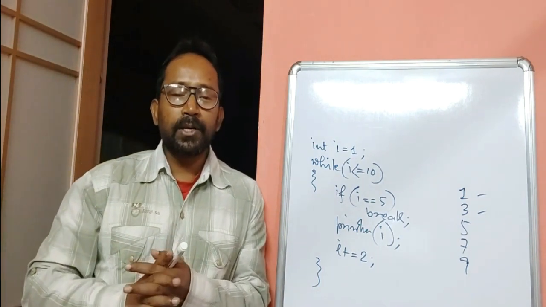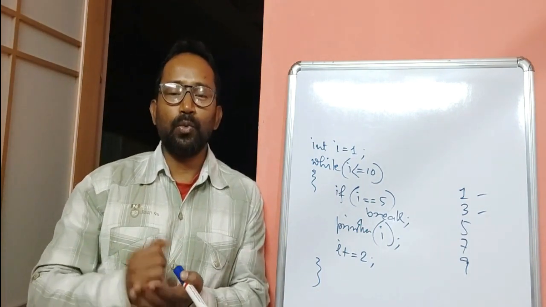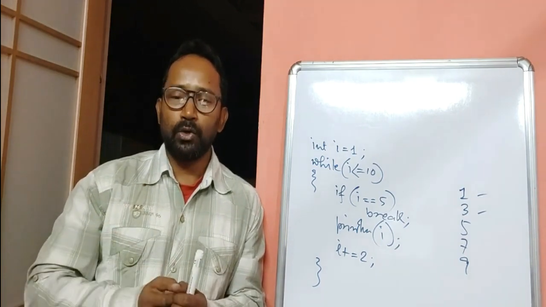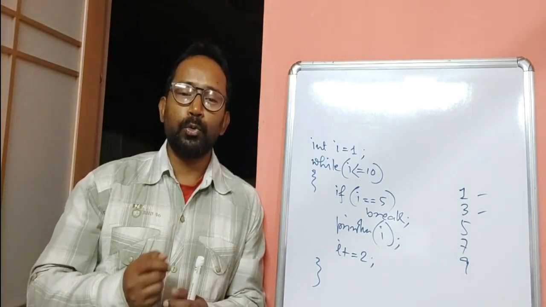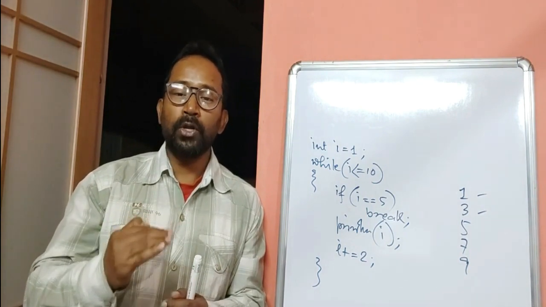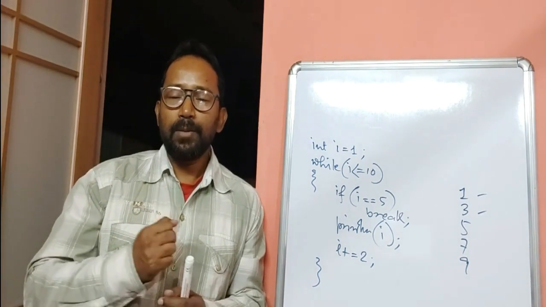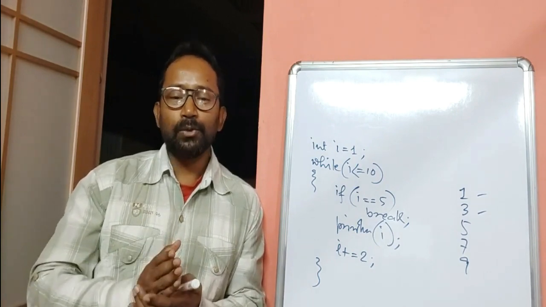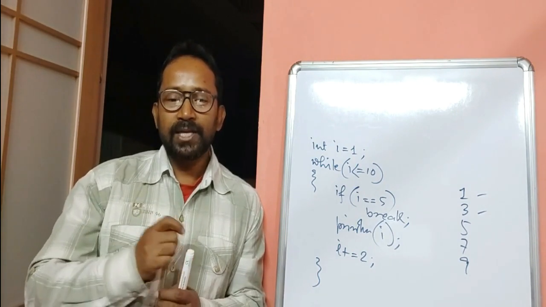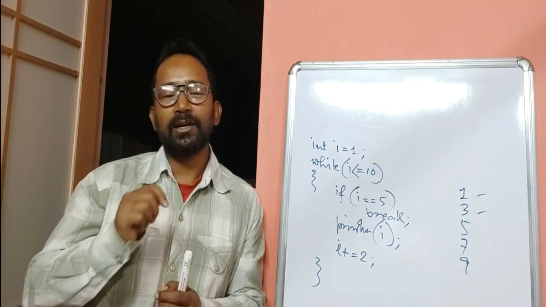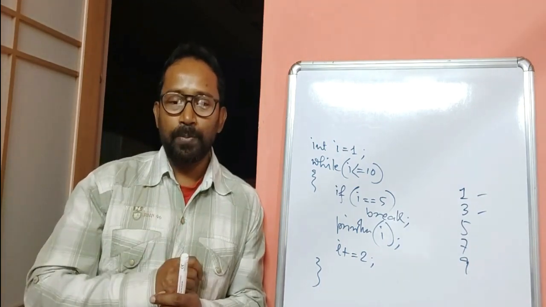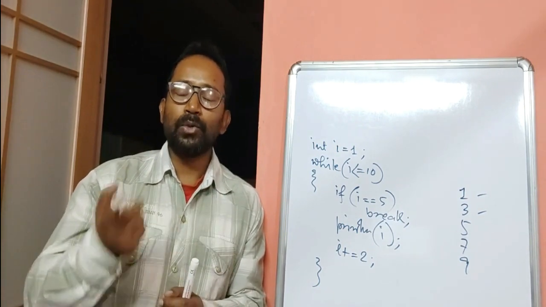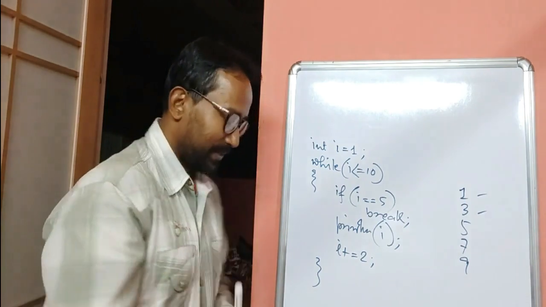So continue statement is a statement which can be used in a loop, not in switch. Continue statement is used to send the control to the beginning of the containing loop and forces the next iteration of the loop to take place, skipping any code following the continue statement in the loop body. It behaves differently in while, do while and for loops. When it is used in while and do while loops, it sends the control to the conditional expression that controls the loop. In case of a for loop, control goes to the iteration expression first, meaning the update expression, then to the conditional expression. So let's see.